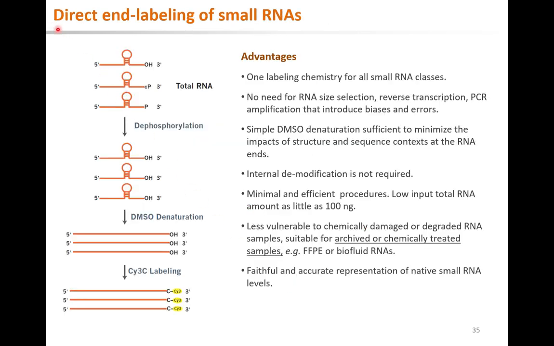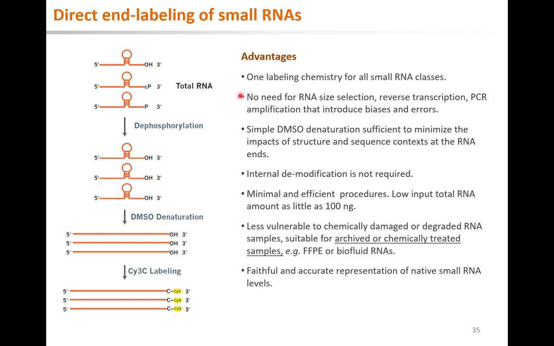Using direct enabling of RNAs for the small RNA microarray has many advantages. One enabling chemistry for all small RNA classes, compared with sequencing that requires random primed reverse transcription for tRNA or snoRNA, yet adaptive ligation primed reverse transcription for microRNAs and tsRNA. There are no needs for small RNA class isolation by size selection, reverse transcription, or PCR amplification that introduce biases and